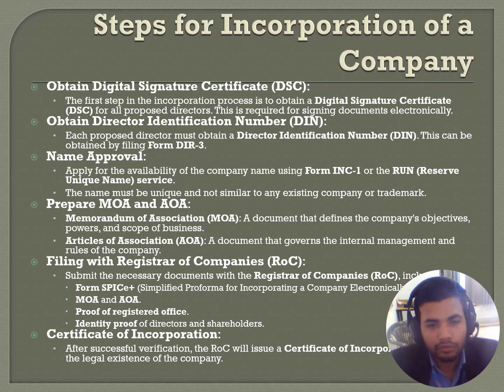The registrar of the company should approve the unique name of the company. The third step is to prepare the memorandum of association and the articles of association. These two documents are the basic fundamental documents to run a company under the Companies Act 2013. Then the application will be filed with the registrar of companies. The application will be submitted with all the necessary documents to the registrar of companies,